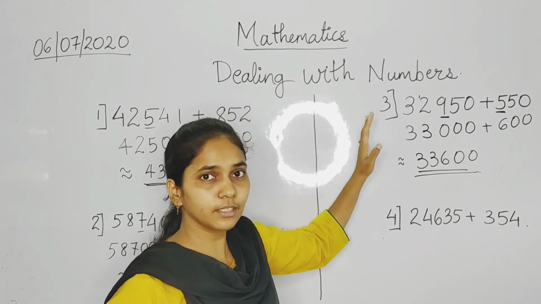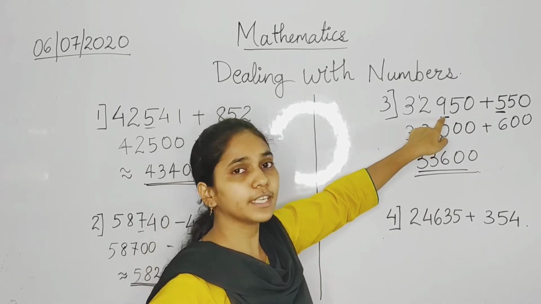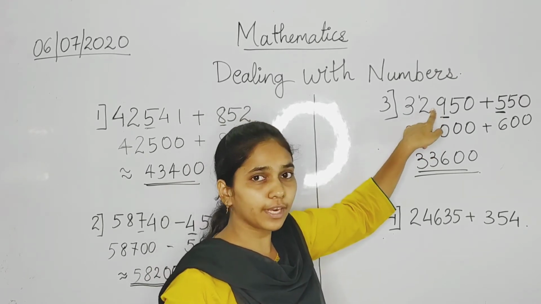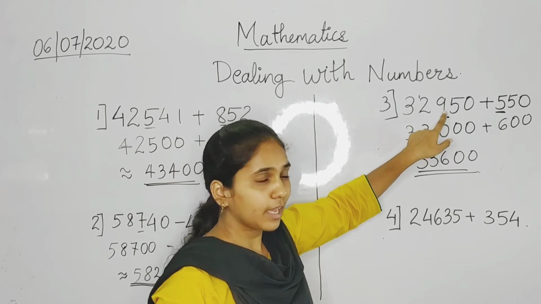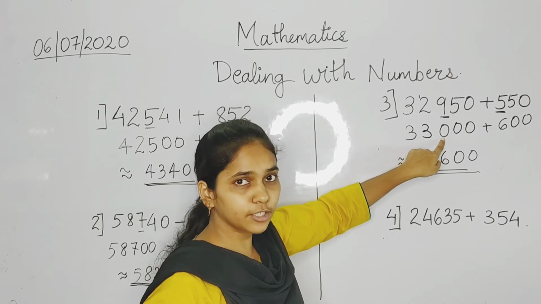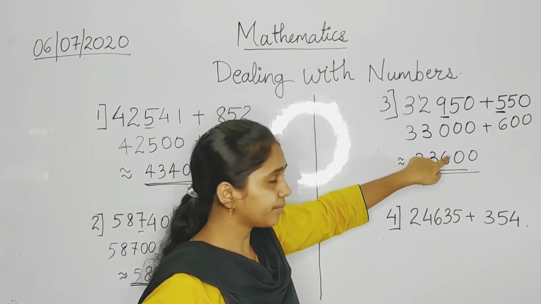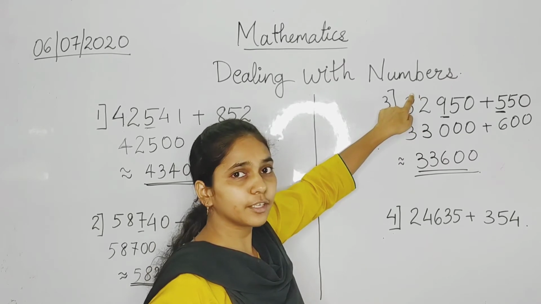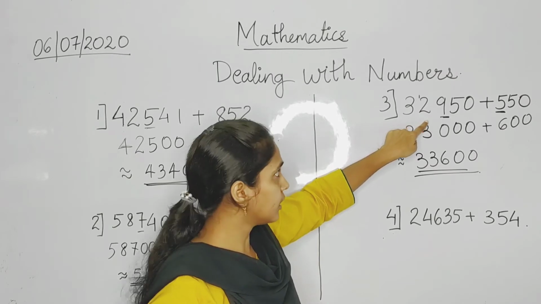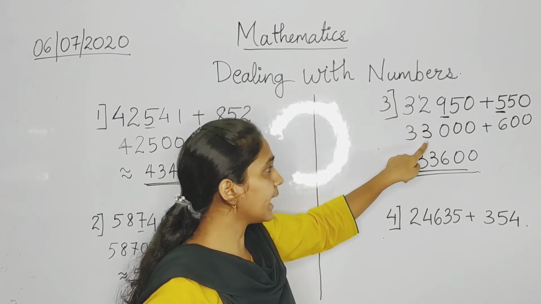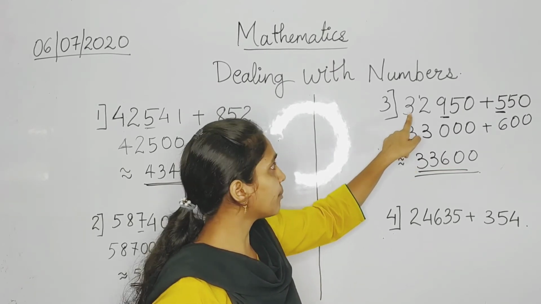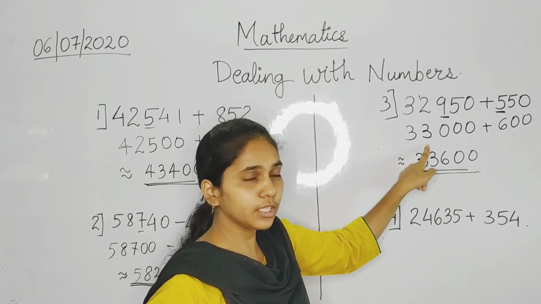So this was a little different example. Here we had the number 9 in the hundreds place. If we add 1 to the number 9, it becomes 10. And how we write 10 is, we carry 1 to the previous number and write 0 down. Writing 1 here means we have to add 1 to the number 2. So adding 1 plus 2, we get 3, and the rest is carried as it is. So this number after rounding becomes 33,000.